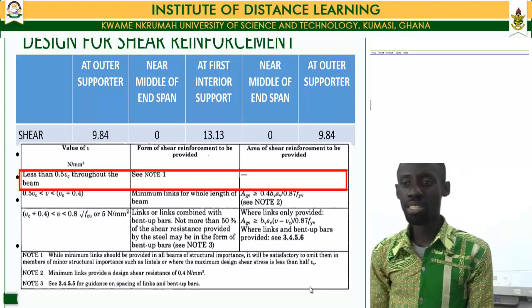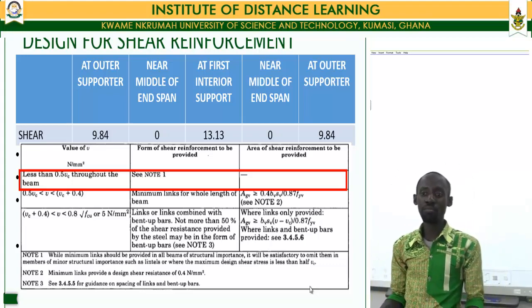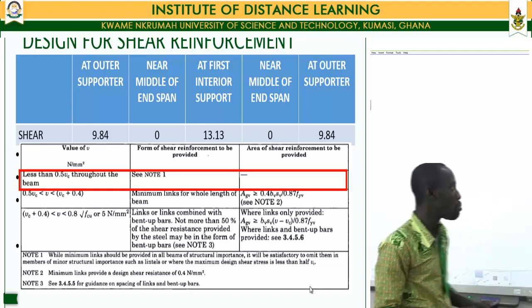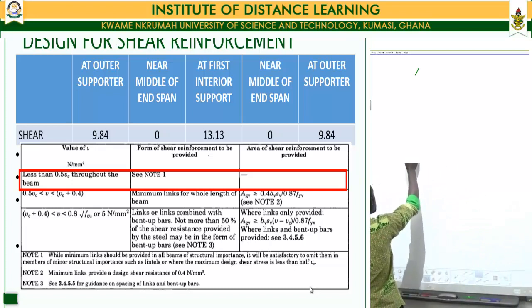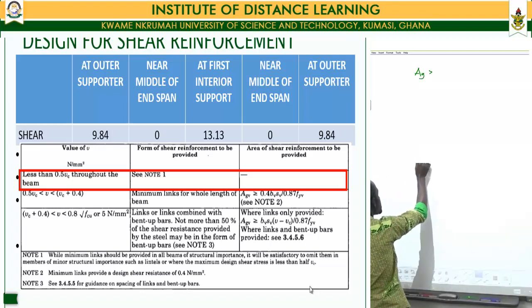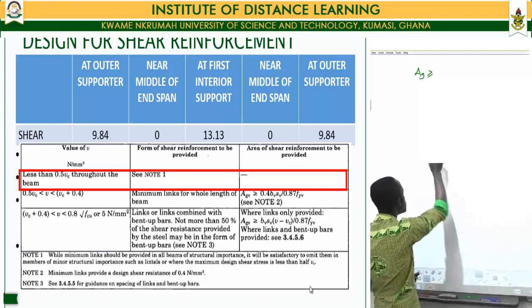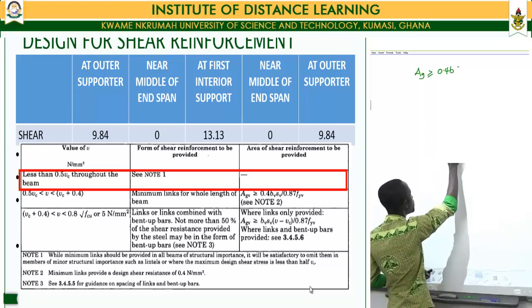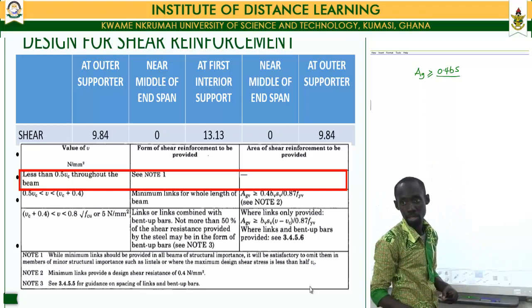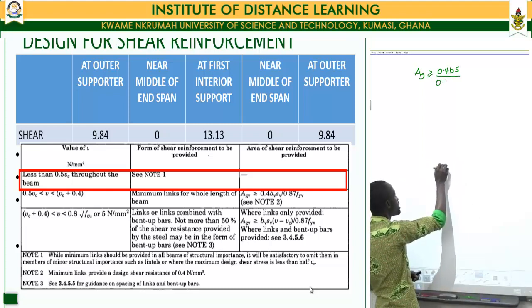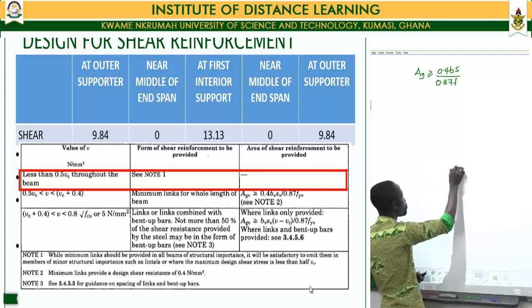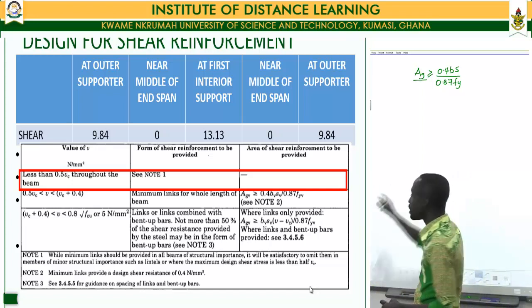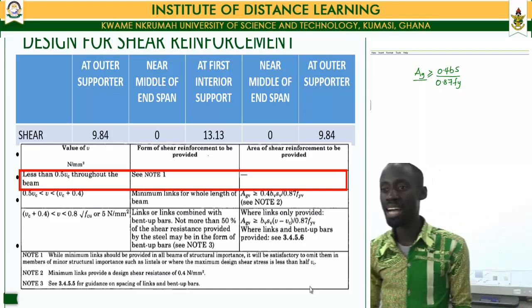But where our beam has structural significance, then minimum shear reinforcement is supposed to be provided throughout the full length of the beam, and it is given by the formula Asv over Sv being greater than or equal to 0.4 b over 0.87 fyv, where fyv is 0.87 fy. So this area of reinforcement is supposed to be provided throughout the length of the beam as minimum